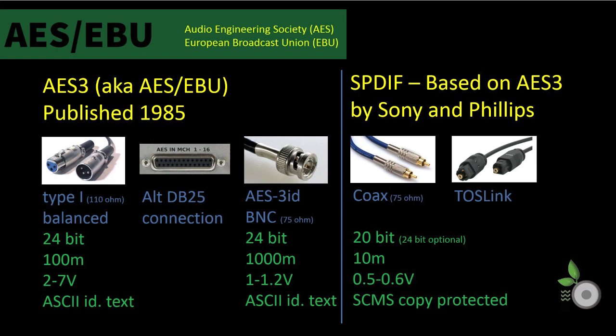Balanced XLR connectors using a 100-ohm cable is often used to deliver the 24-bit AES3 ID signal up to 100 meters. If longer distances are required, the AES-3ID variant describes use of BNC connectors on 75-ohm cables for 1,000-meter lengths. The balanced interface provides the highest voltage signals, 2 to 7 volts versus 1 to 1.2 volts of the